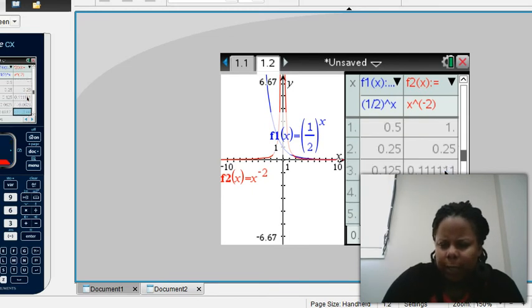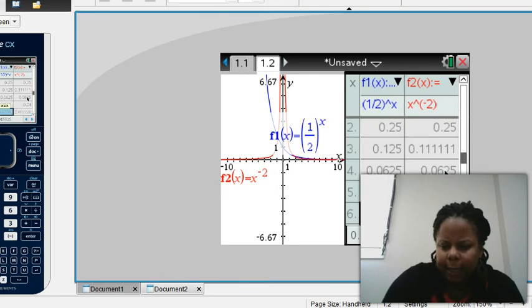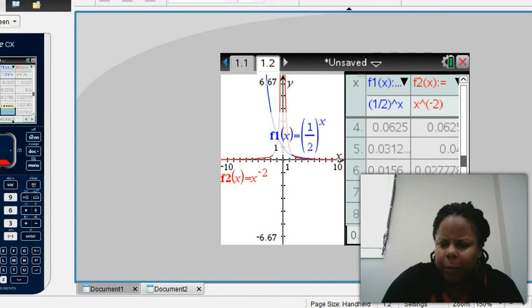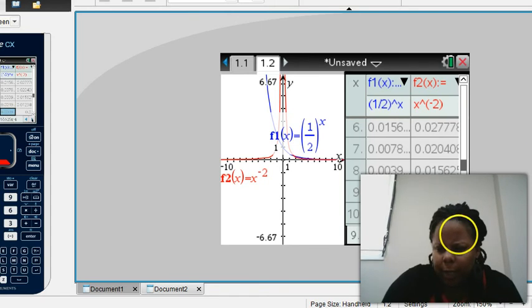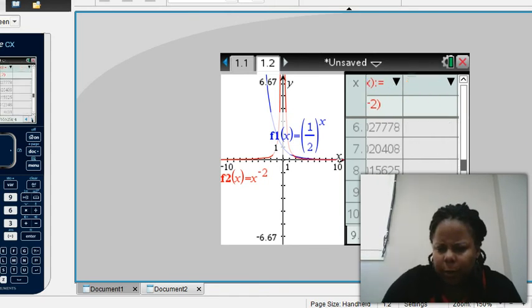Sometimes it looks like they're at the same value, and they're very neck and neck. Like this one is closer, and now this one is closer. And as we keep going, we notice that now the exponential function is approaching it quicker than the other. So that lets us know that eventually